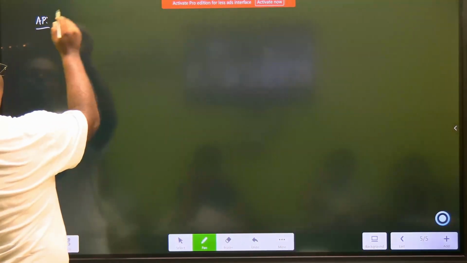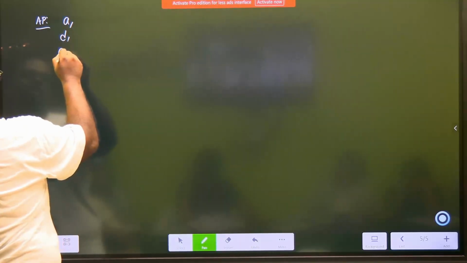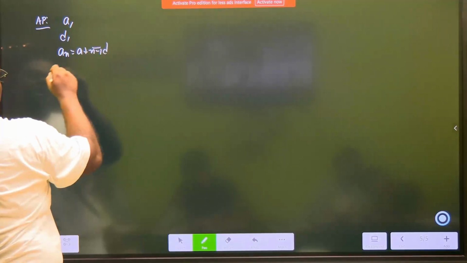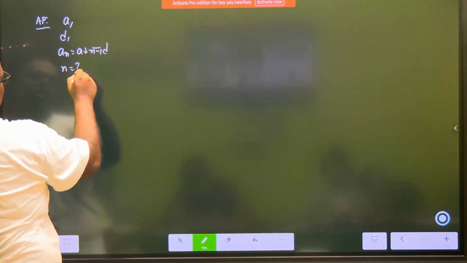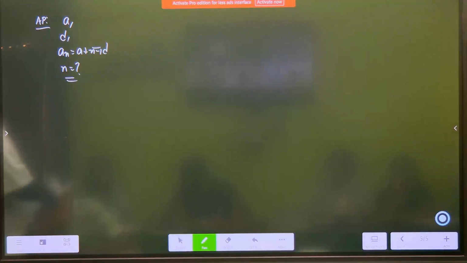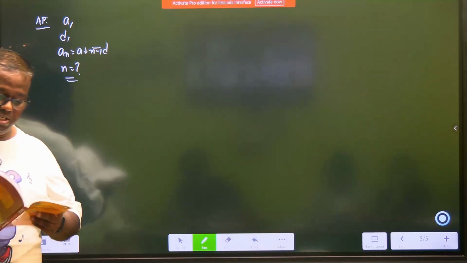Okay. So we are studying arithmetic progression, and so far we have understood that in this there is a, there is a d, there is a nth term which is always equal to a plus n minus 1 into d, and we solve problems where n had to be found out. Is there any difficulty with anyone on this? No. Okay, ठीक है. तो आगे चलते हैं. Right. Now our next question is